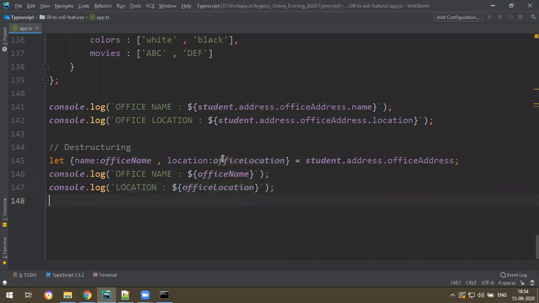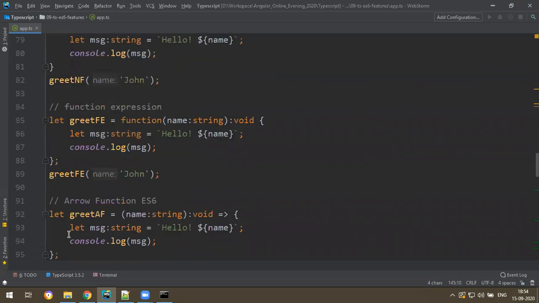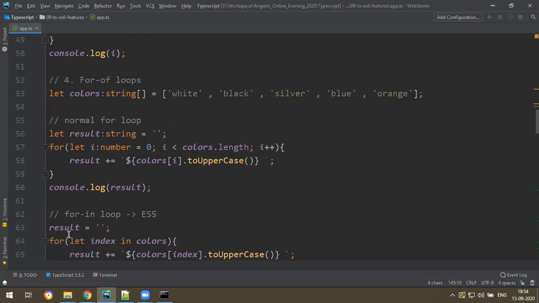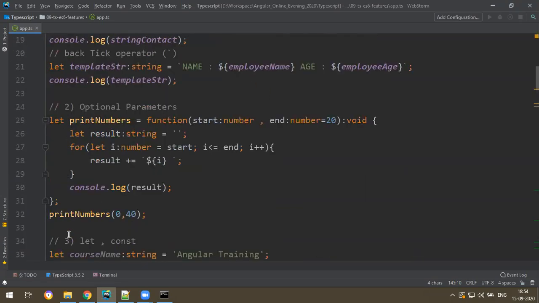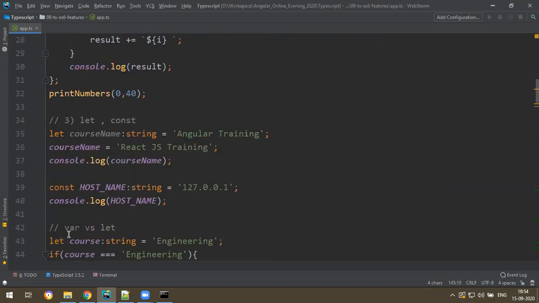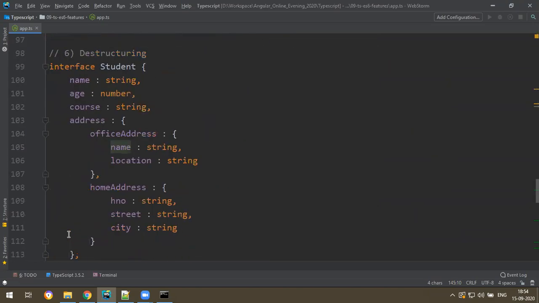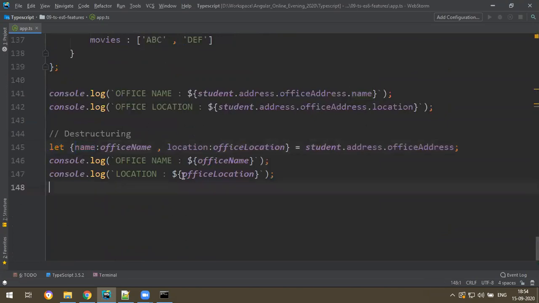Actually, without this also you can do it, but it says already declared, but I never declared name anywhere. Name is not there, just course name is there. Okay, we'll see that, but it will work.